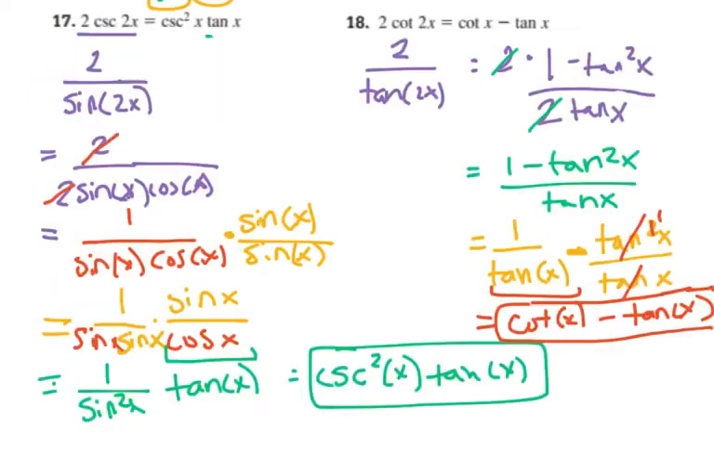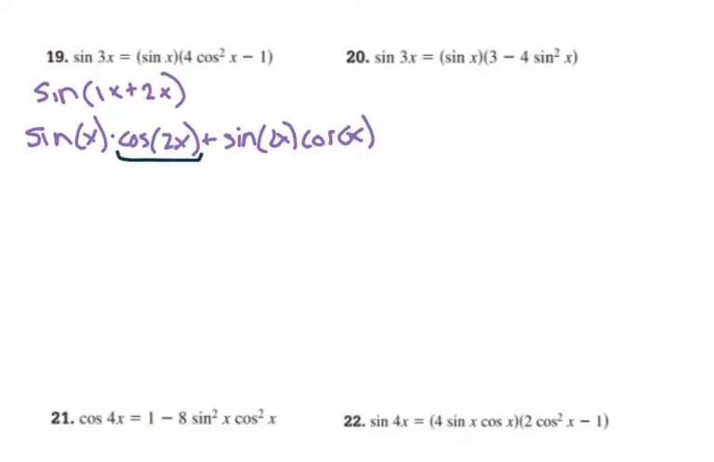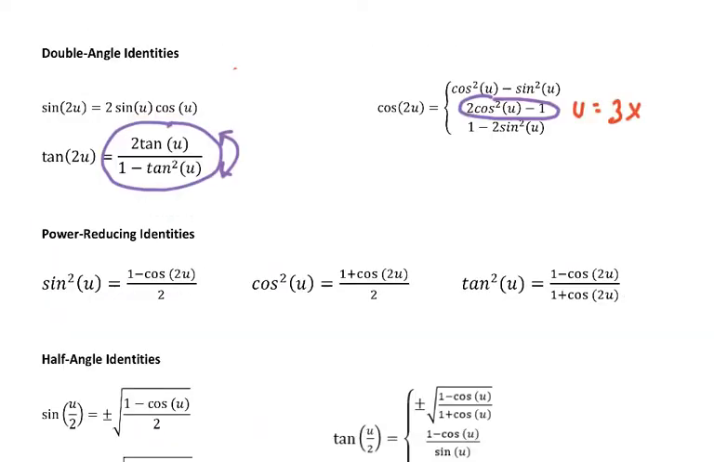So rewriting it, we're going to have sine of x times cosine of 2x, and that's going to be added to sine of 2x and then cosine of x. So then we're going to use our double angles to rewrite each of these. So cosine of 2x,